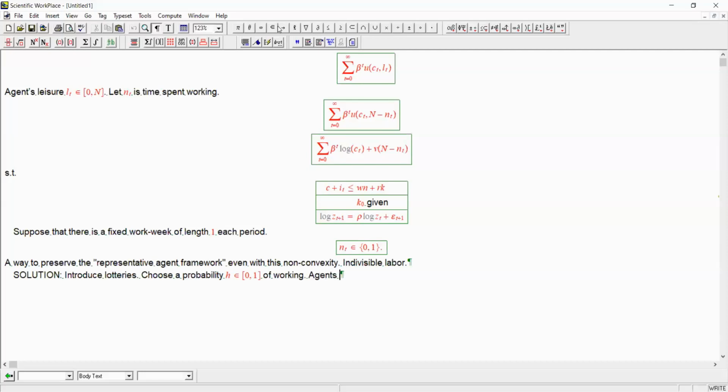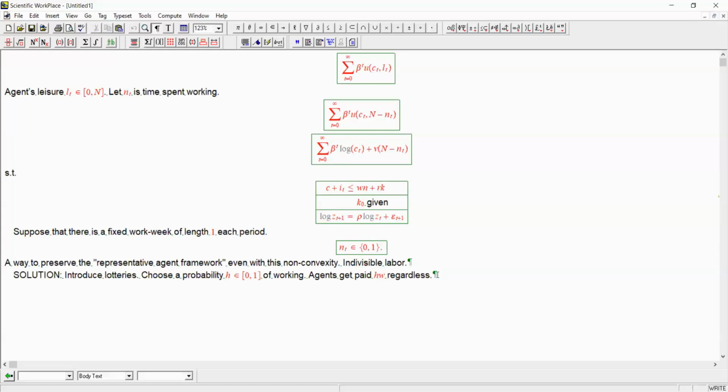Next, agents get paid HW regardless. In other words, the agent sells a state contingent contract to the firm where with probability H they work. There of course has to be a public randomization device,